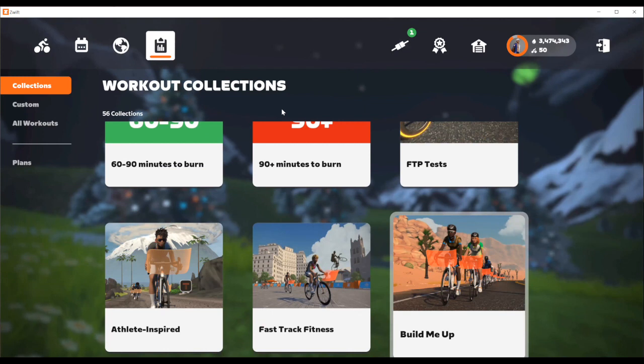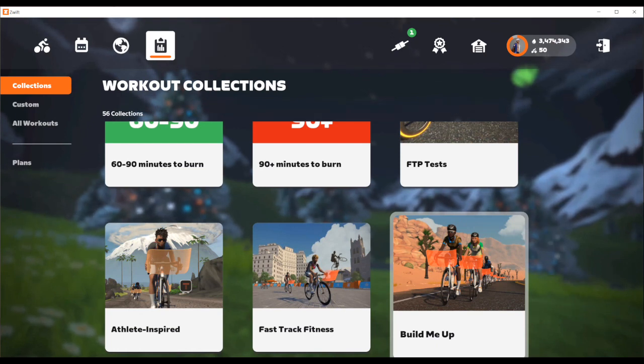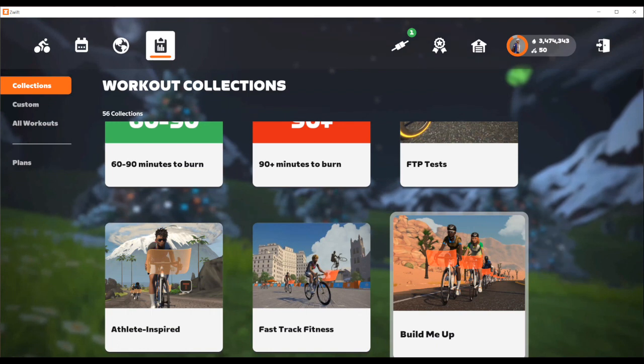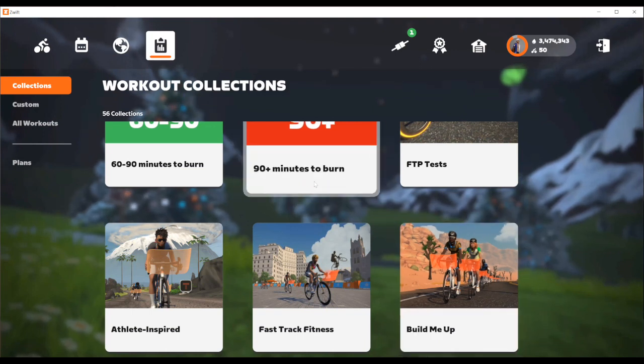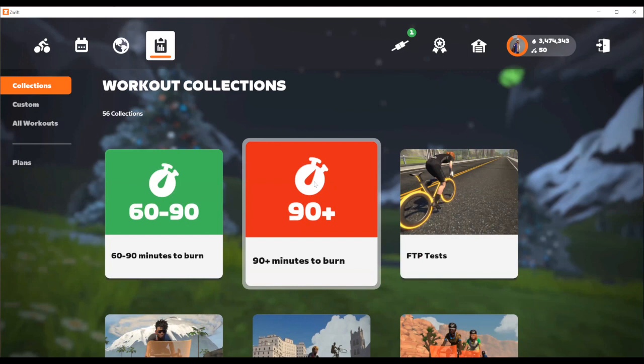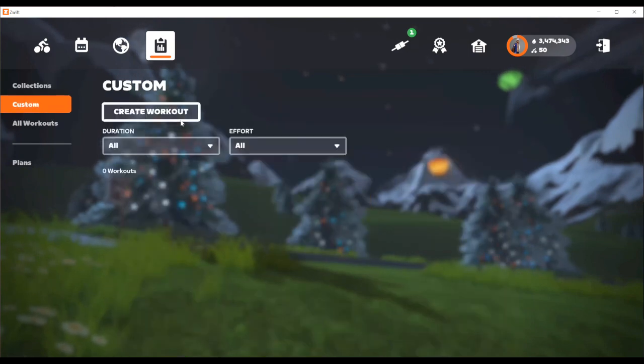What I would also offer, which to me personally may be a better suggestion, is I will give you my email address. If you email me, I will send you the program that I've been sharing with folks that would help them with their base. You can use Zwift to do it, but it's not built in Zwift, so it wouldn't be one of the Zwift workouts in here. It would be a workout that you would do on your own, and you could put it in here through what they call the custom workout creator.